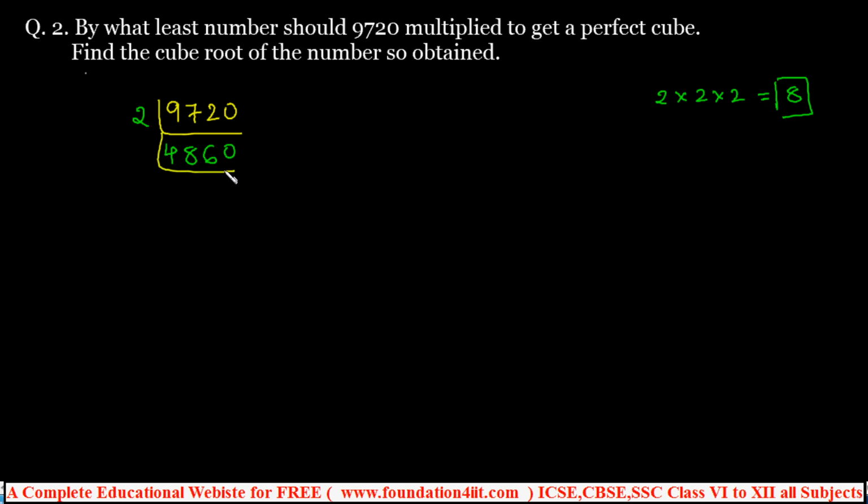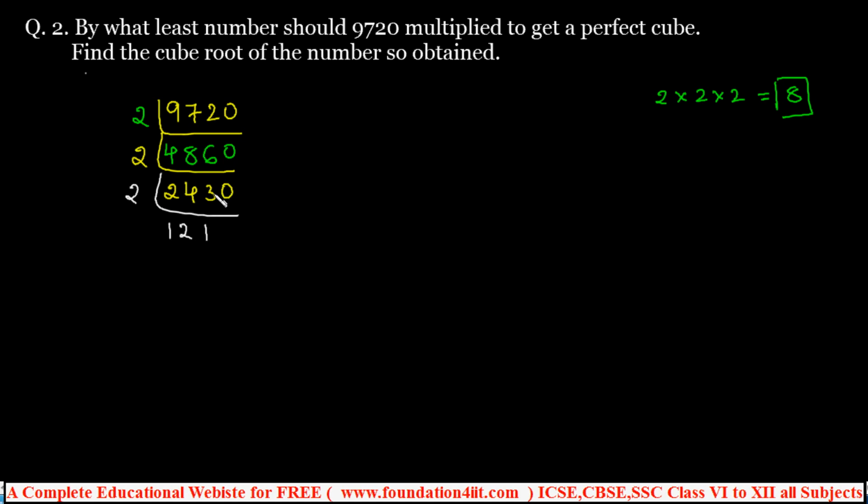And similarly, next again with 2, because it's an even number. If it is not possible with 2, the next prime number should go. And 2 2s are 4, 2 4s are 8, 2 3s are 6, 2 0s are 0. Exactly, there is no carry. This should continue the same way. Again 2 table, 2 1s are 2, 2 2s are 4.